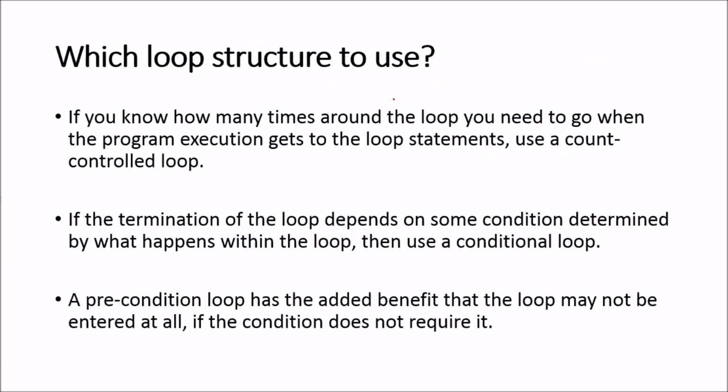Which loop structure to use? If you know how many times around the loop you need to go when the program executes, gets to the loop statement, use a count control loop. If the termination of the loop depends on some condition determined by what happens when the loop executes, then use a conditional loop. Conditional is your repeat or while. A precondition loop has the added benefit that the loop may not be entered at all if the condition does not